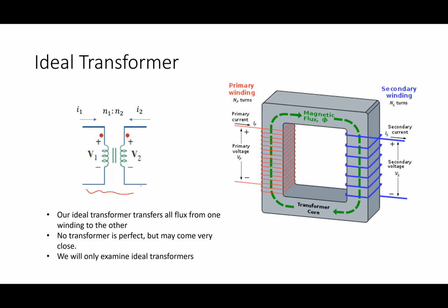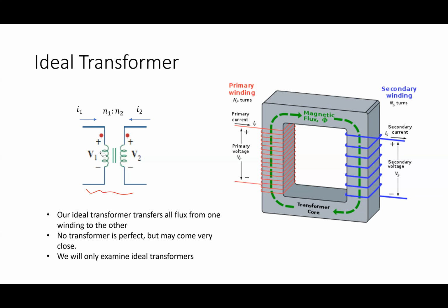What are those numbers here? N1 and N2. Anybody know? The number of windings, the turns, coils. Number of turns, right? So there's N1 turns on the primary, and there's N2 turns on the secondary. Now, these are not two inductors staring each other off in a face-off. This thing that you look at right here is called an ideal transformer. Those are not inductors. Those are elements of the ideal transformer.